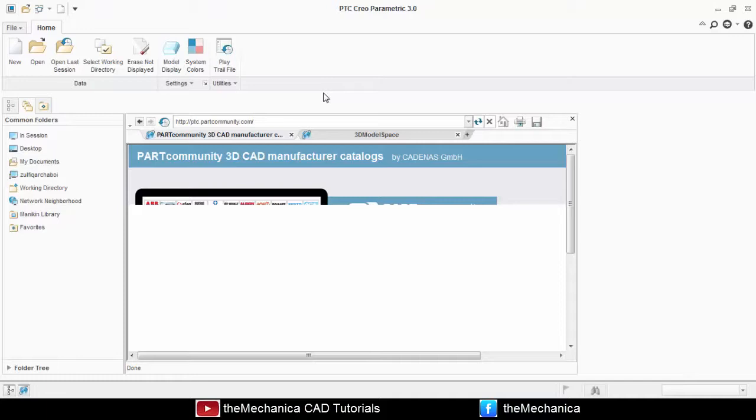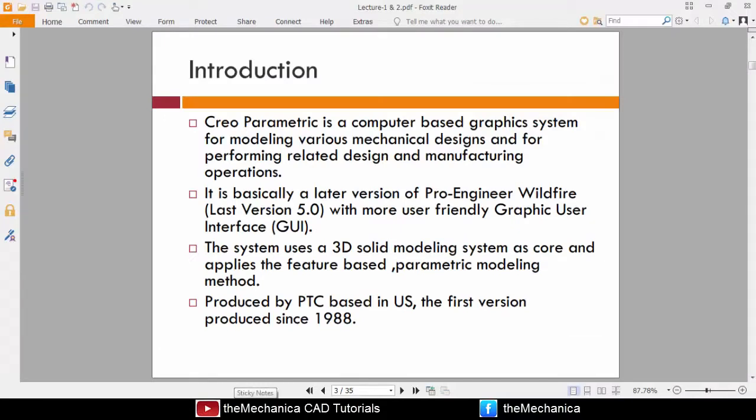So if you are here, you must be aware of PTC Creo. So I will give just a simple introduction. Here are some facts about PTC Creo I just gathered. First of all, Creo Parametric is a computer-based graphic system for modeling various mechanical designs and for performing related design